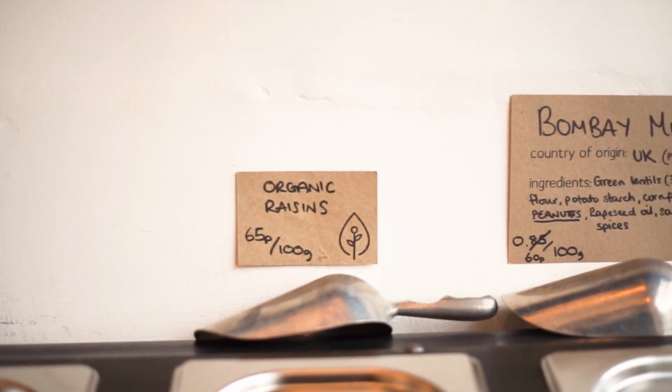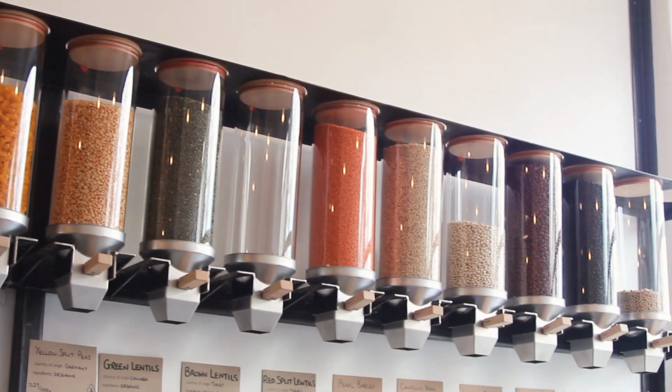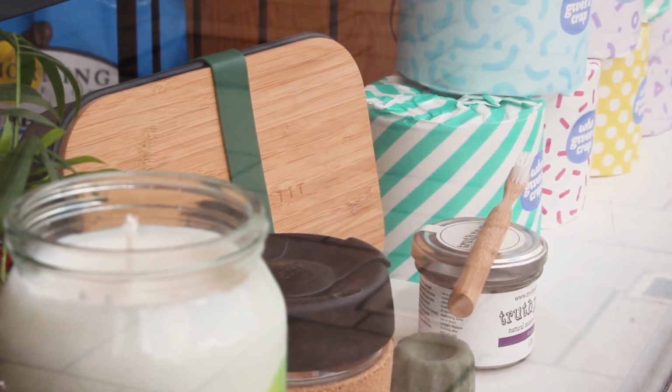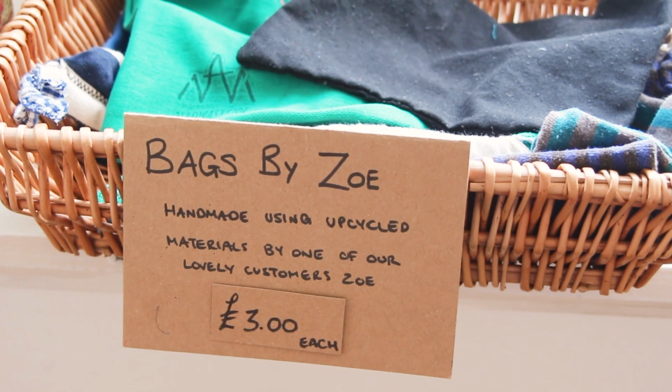We're a little bit different in the sense that we were one of the first shops in the UK to have glass dispensers, so we didn't want any plastic contacting the food. We also refuse to sell certain products that other people will sell. If it comes in too much packaging, or if it's something that we feel people will impulse buy, so we don't stock straws, we don't stock cutlery and stuff for people. We're not saying people shouldn't have these things, we're just saying if you buy them maybe online, or really think about if you need them first, whereas if we had them here, people would impulse buy them, and we don't